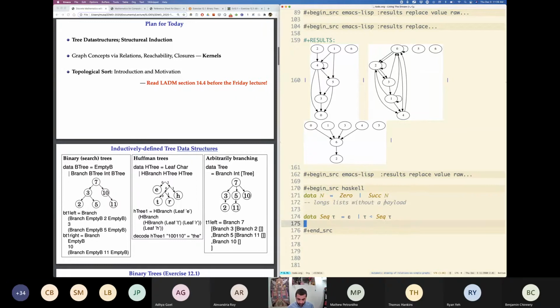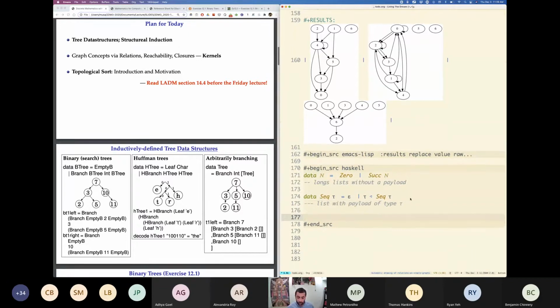Okay, so this is a list with payload type tau. Now we're going to change up a little bit more, and we're going to say, all right, what if you have a tree? So you have a binary tree, a binary tree of type tau. Now this tree could be